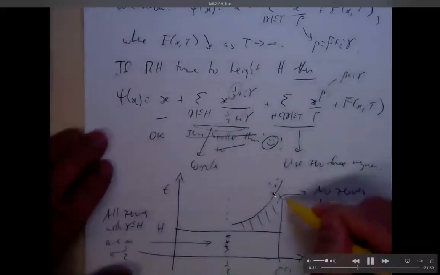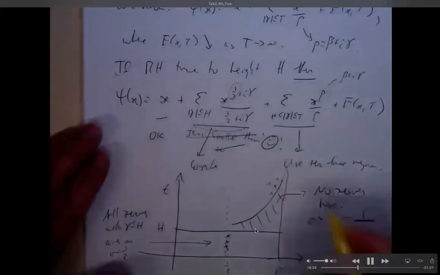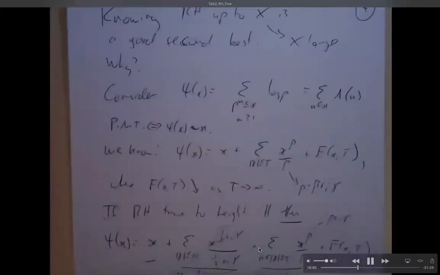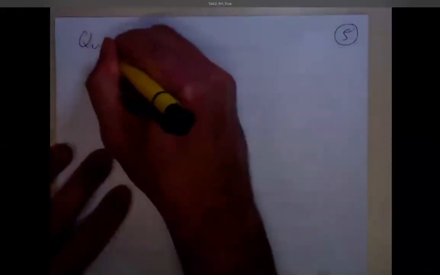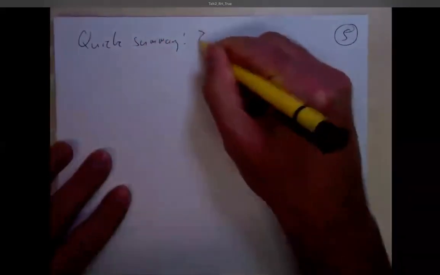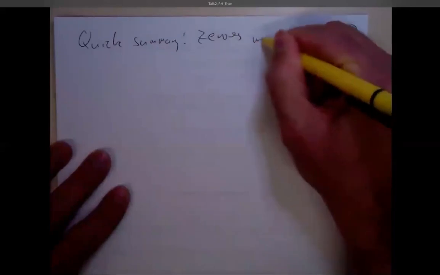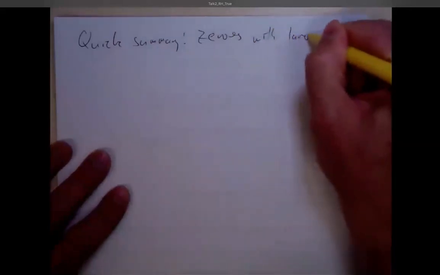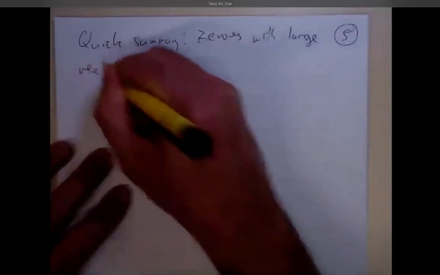You could have zeros just outside that region, but you can't have any in here. Now, unfortunately, this region tends to sigma equals 1 when t tends to infinity. So at some point, it ceases to have any use. But still, just knowing these partial results gives you enough to get out very accurate information about the distribution of primes.